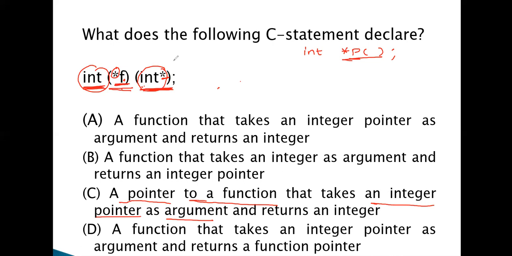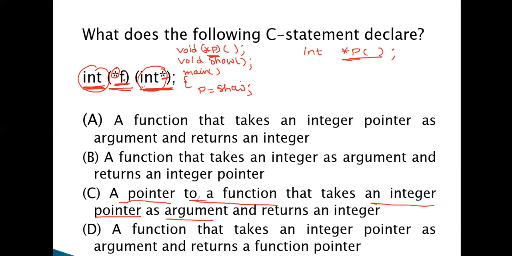Now I will explain the difference between these two by considering an example. For example, void (*p)(), I am declaring a function void show(). So this is a pointer to a function, and this is a normal function. Suppose in main, p = show. What is the meaning of this one? The p pointer.